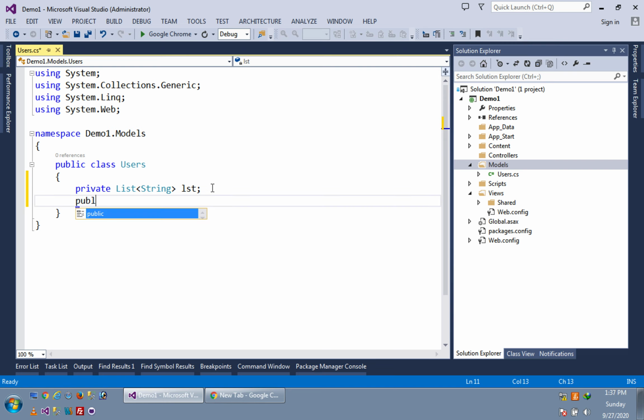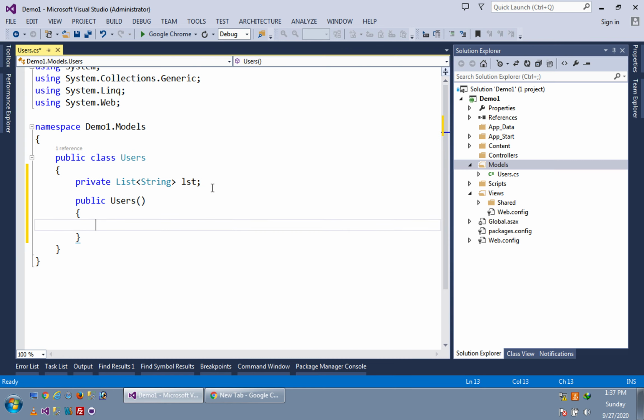Now I am creating a constructor. For revision, a constructor is a method with the name of the class, and it does not return anything. In every other method we write a return data type, but a constructor will not return anything. It has the class name, and in its parameters we can send something.